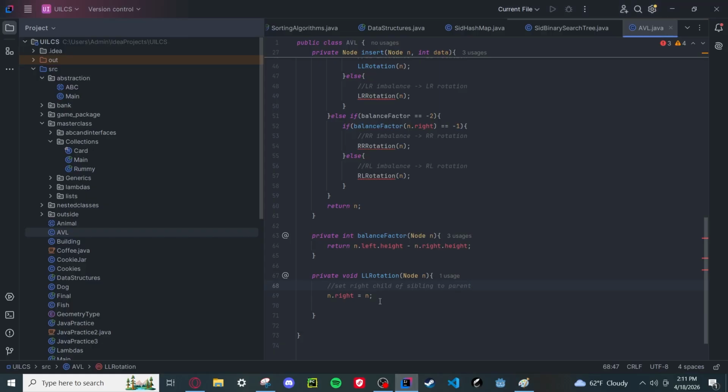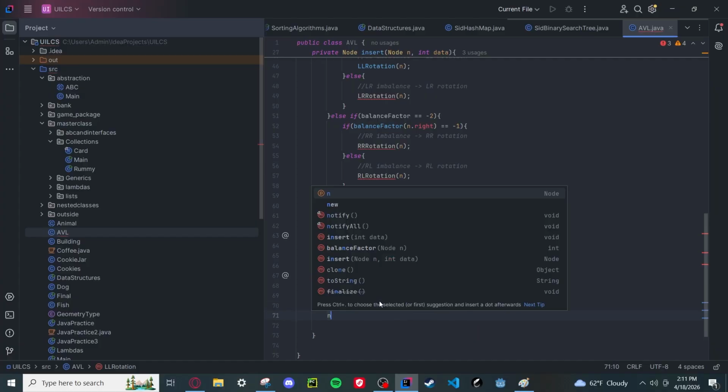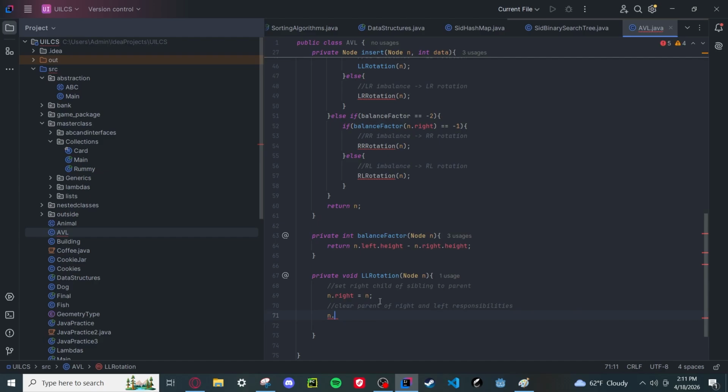It's going to cause problems. So I can say this line will be clear parent of right and left responsibilities. So n dot, and sorry, this would be,